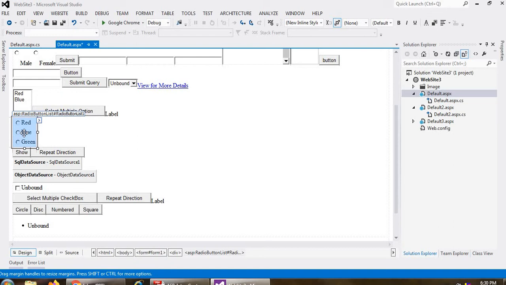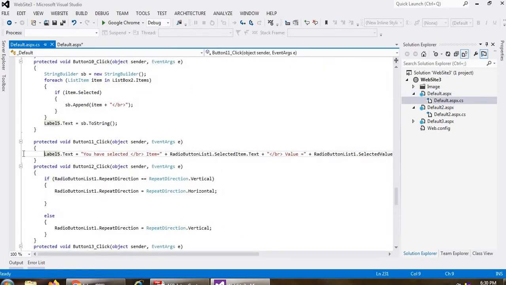If I want to display it in a horizontal manner, then how can I do it? So again I have used one button over here, and in that button I have written some code, right? So first we can see the Show button, right? In Show button I have selected some value, and I want to display that value on my label, right?